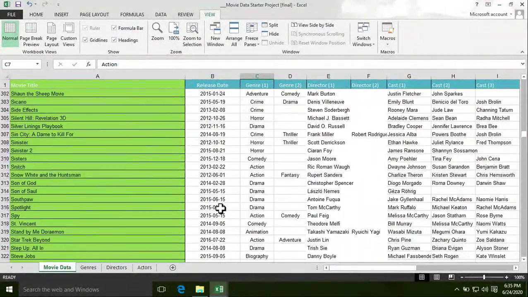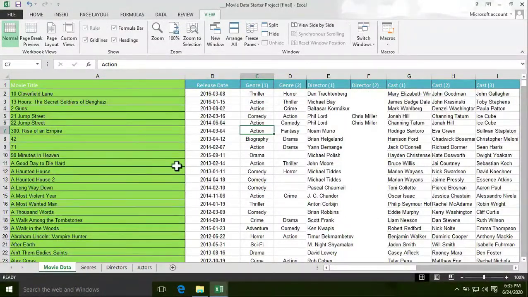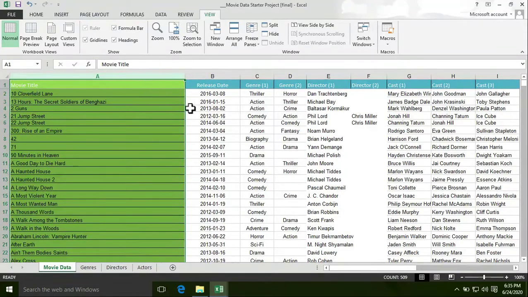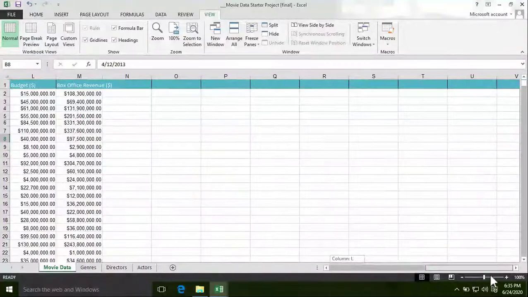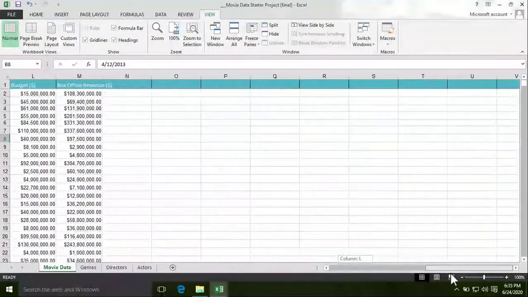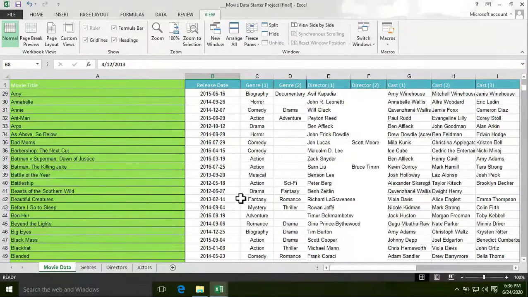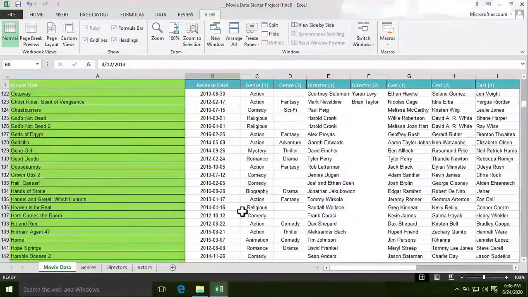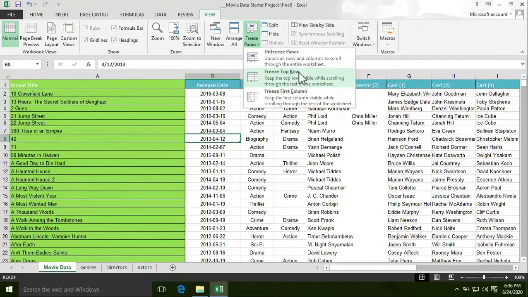But the first column, or column A, is not frozen. As soon as I scroll horizontally from left to right, the first column disappears. But as soon as I scroll vertically, the top row stays because I selected the freeze top row option only.